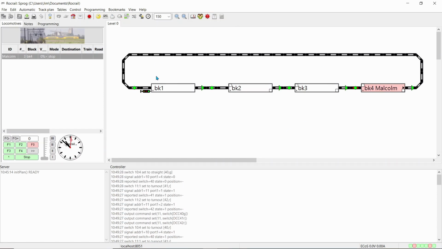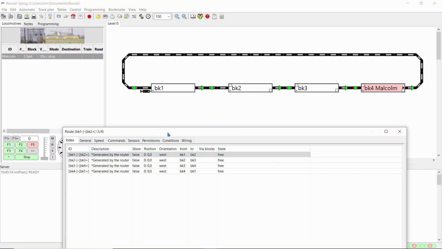When the locomotive is in block 1, the LED will be red, so nothing can come through. When it goes from block 1 to block 2, the LED will go to yellow. And when it goes from block 2 to block 3, it will free up this one here, so therefore the light will be green. So how do I do this? I use commands. So go to routes, your tables, routes.